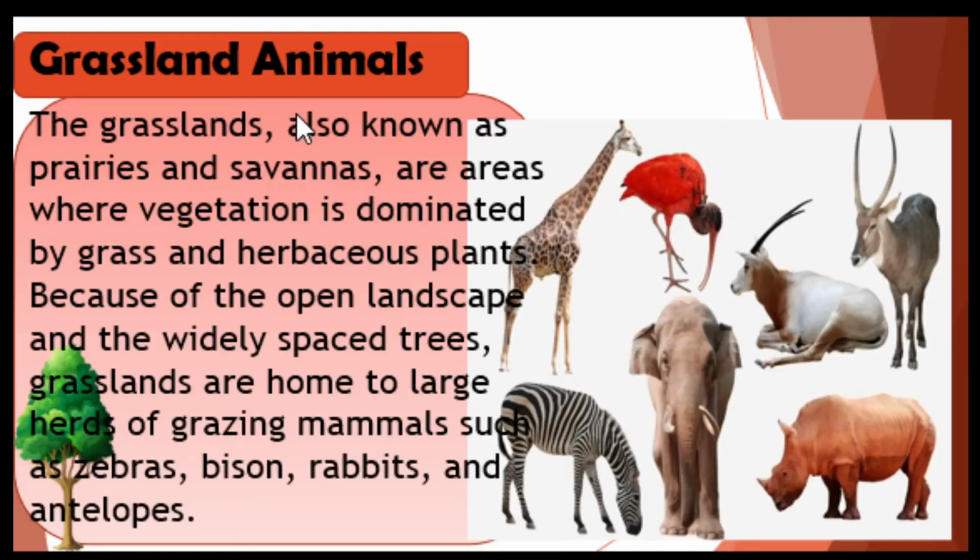Grassland animals. Let us know the animals that live in the grassland. The grasslands, also known as prairies and savannas, are areas where vegetation is dominated by grass and herbaceous plants. Because of the open landscape and the widely spaced trees, grasslands are home to large herds of grazing mammals such as zebras, bison, rabbits, and